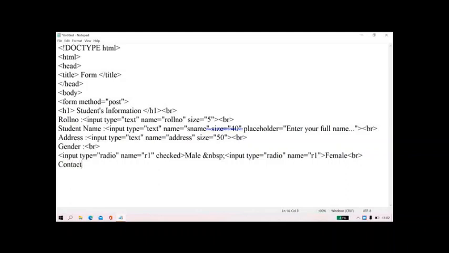Then after that we will write the contact number, that is the phone number of the student. Again for this input type is equal to text, name is equal to C number and size is equal to 20. After that you can put the email ID of the student. So here the email ID field, input type is equal to text, name is equal to email and size is equal to 20. Okay, after this close it with /form